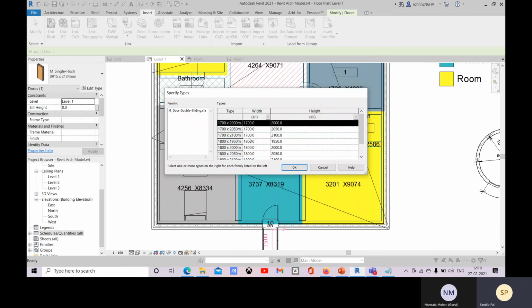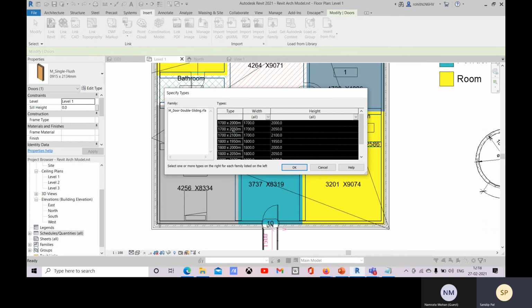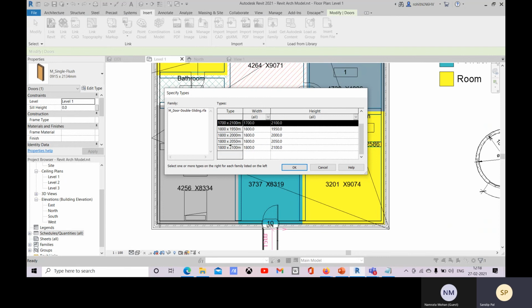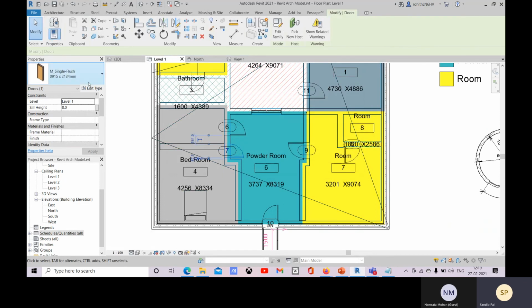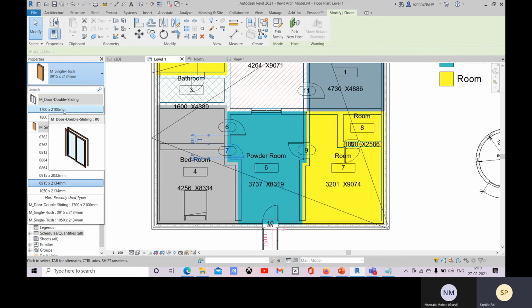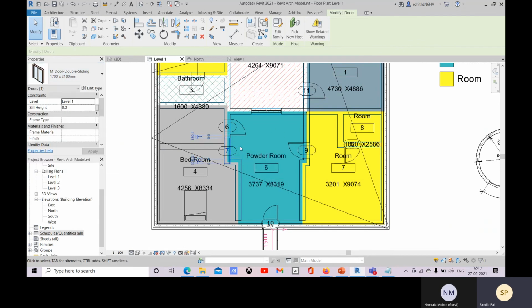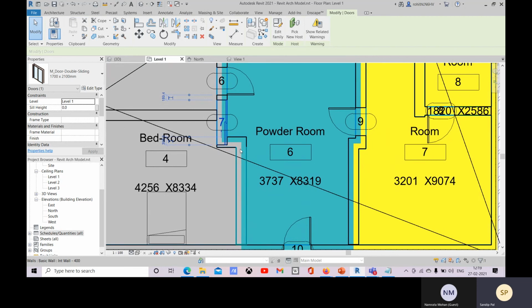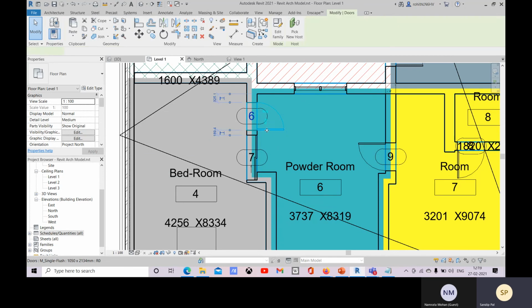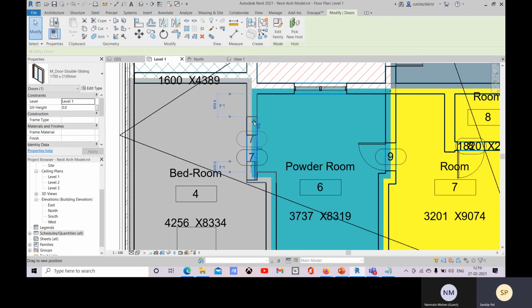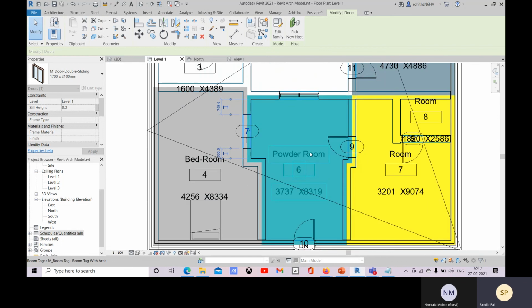Okay, no problem. As there are so many types, you can select all of them if you need to include all, or if you need only some, you can select those. Let's select these two only and click OK. Now see, within this, only these two types are available, so let me select it. Let me delete this and change the position.